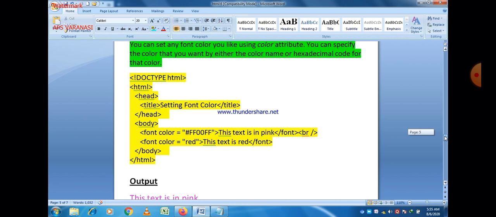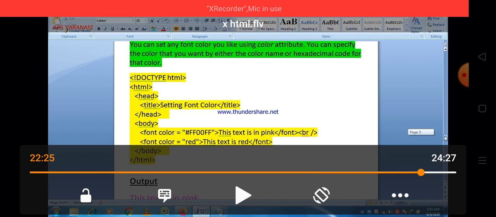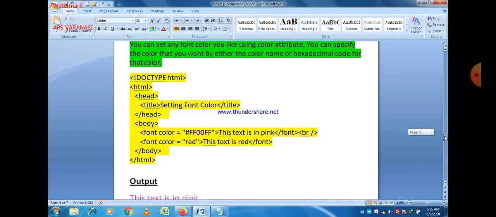FF can be replaced with A, B or AC or 1, 2. Any number between 1 to 9, and any character from A to F you can write with the hash sign. And always remember that the code is always 6 digits. That gives you another color. Okay, so that is the concept of font color.